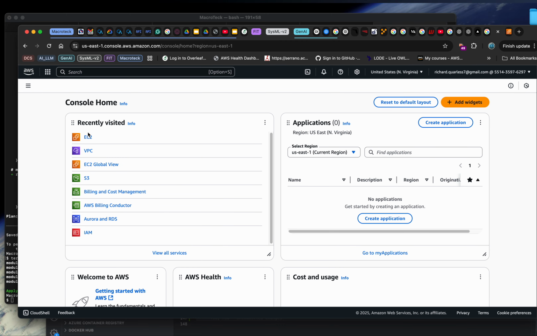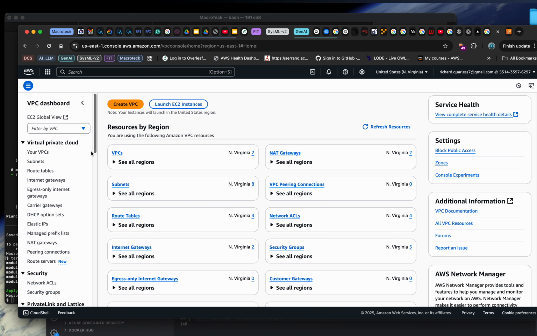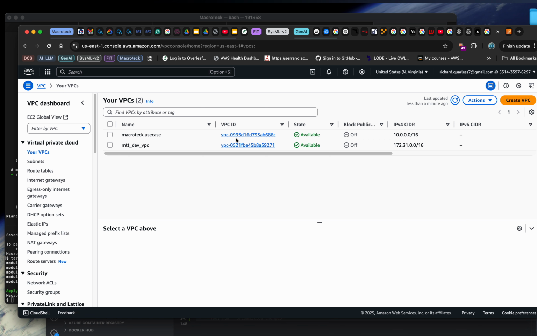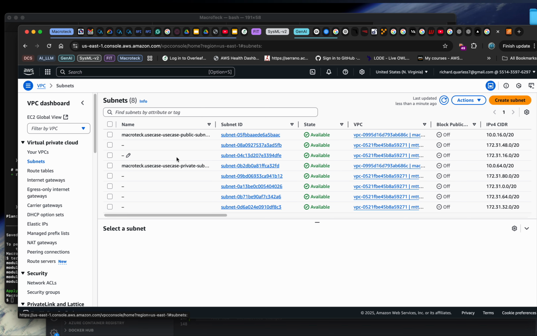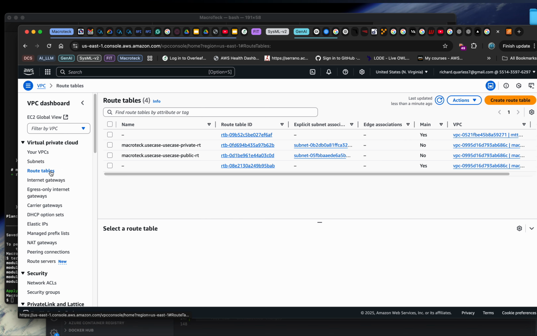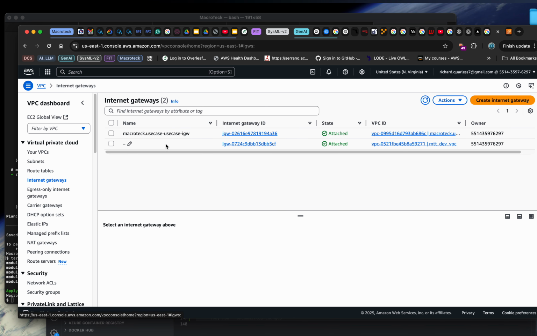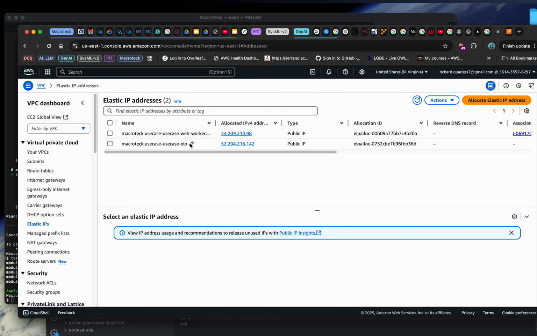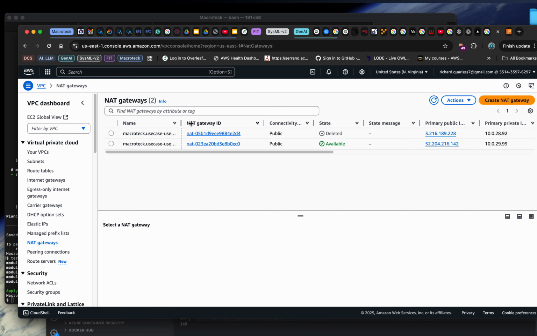All right, let's look at our VPC and see what else was created. All right, so there you go. That's the VPC. The subnets, 2 subnets were created. The others were just my defaults when they provided the account. There you go. The route tables, internet gateway, and elastic IP 2, 1 for the worker, and public IP, the NAT gateway, 1 for